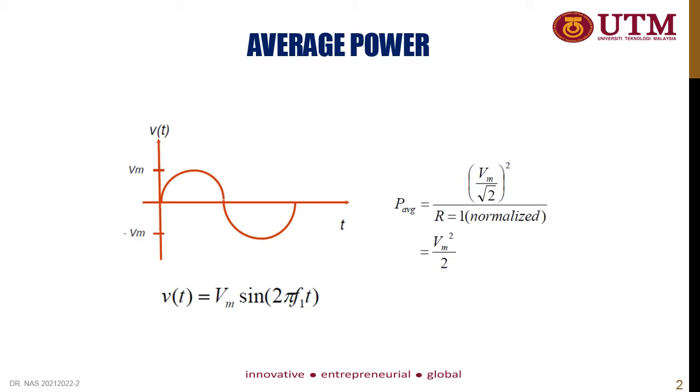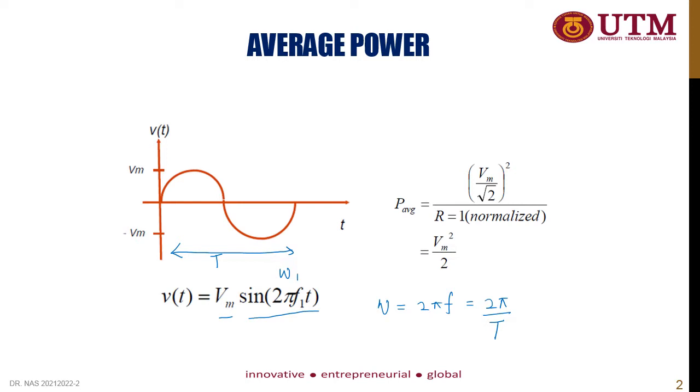So let's look at how to calculate the average power. If you have a sinusoid signal like this, for example the equation is Vm sin omega 1 t. So this is omega 1, where omega is equivalent to 2 pi f, or it is equal to 2 pi over T, in which T is the fundamental period of one cycle. So P average can be calculated by